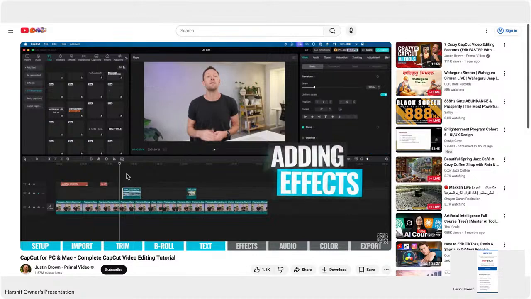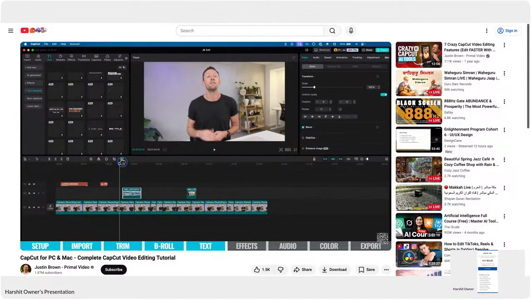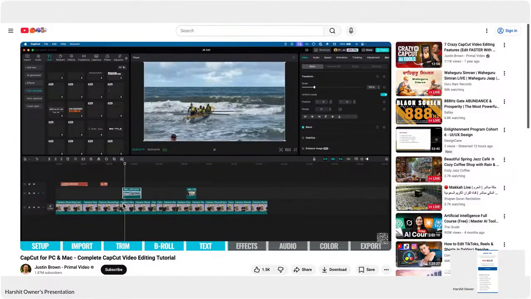So with our B-roll clips that we have here in our timeline, we've got this one here of the rowing. If we didn't just want that to appear on screen, if I play this now, you'll see it just appears. There it is. There's nothing wrong with that. But if we did want to add some sort of transition or animation to get that on screen,